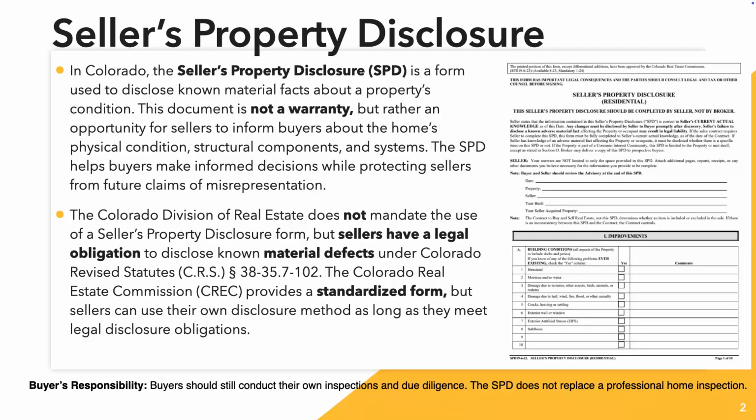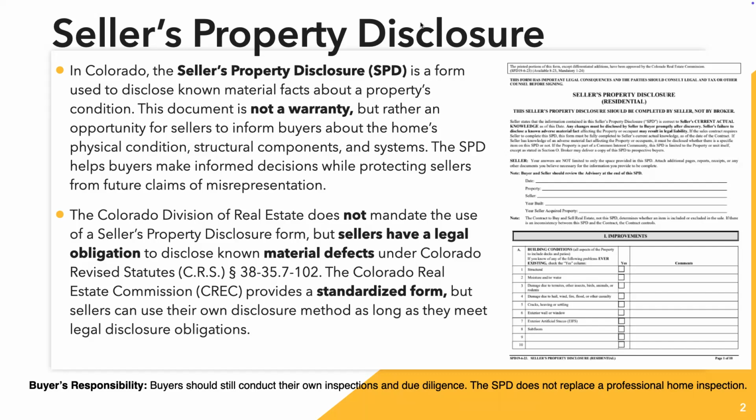What's important about this form is that it's not a form that is mandated for use for the seller. So the seller does not need to fill this form out. Yet, just because they don't fill it out does not remove their obligation to disclose any material defects that they actually know. Again, I just told you this form isn't necessarily to disclose material defects. There are definitely going to be material defects disclosed on here, but it's any material facts actually known about the home. Yet, what we do know is the seller must disclose all material defects. So if they choose not to use this form, that does not remove their obligation to disclose all known material